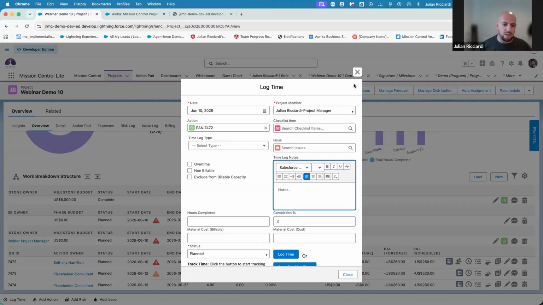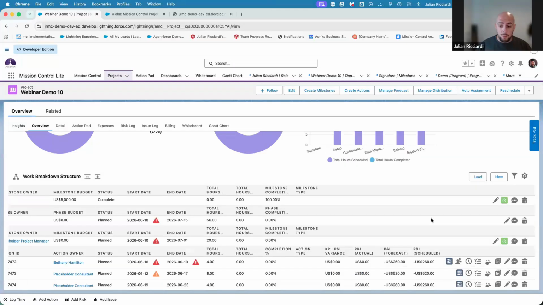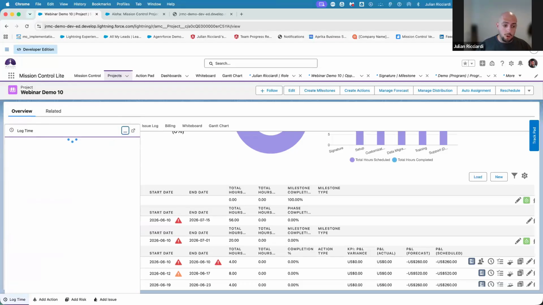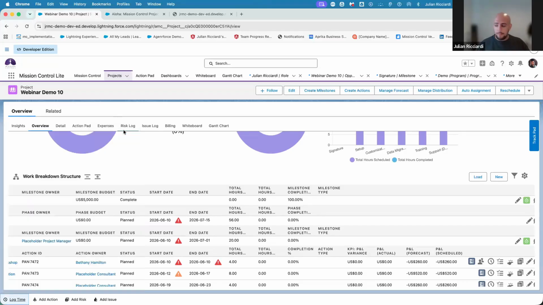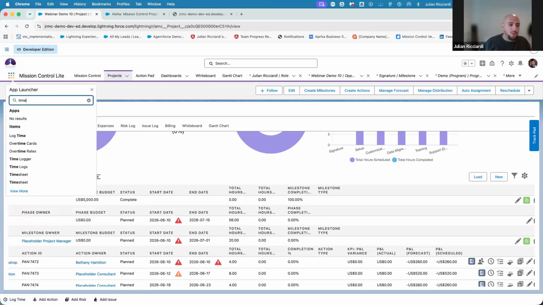You can even remove elements here. Not everything here is necessary. Even above and beyond, when you're in the project, you always have this global action button. So no matter where you are in Salesforce, you are always able to log time directly through this global action button. Now, as much as we like these cool and innovative ways to log time,